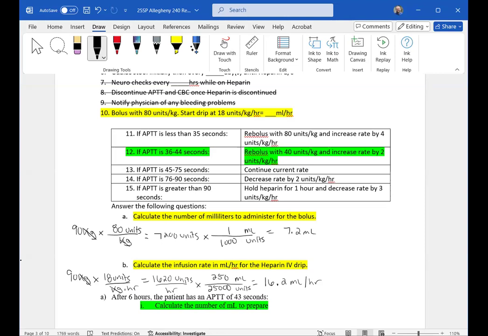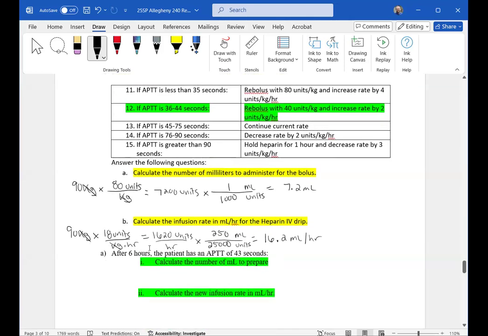Are those the same answers in the key? Yes. Okay, good. So far, you were not led astray as far as that's concerned. So on your test, you're most likely going to see: calculate the initial bolus, calculate the initial infusion rate, and then that's it. But for extra practice and just in case they ask this, although I don't think they're